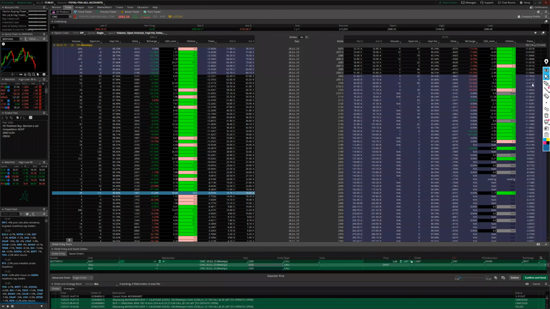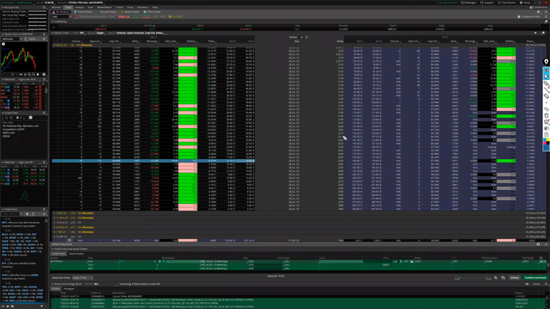So if you are bullish on it, from 2200, instead of paying $2,800, you've reduced it to just paying $560. But you are covered from 2200 to 2300. It's covered. So that's another way you can do a butterfly.